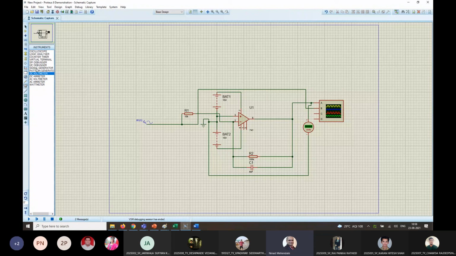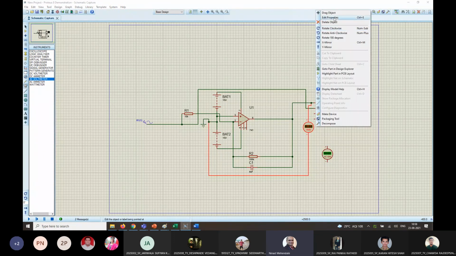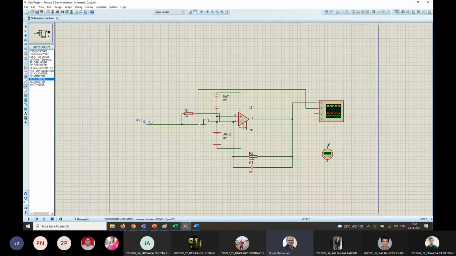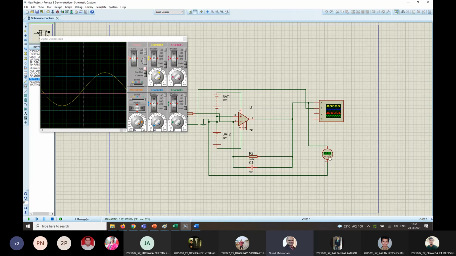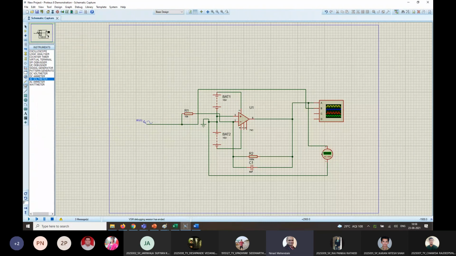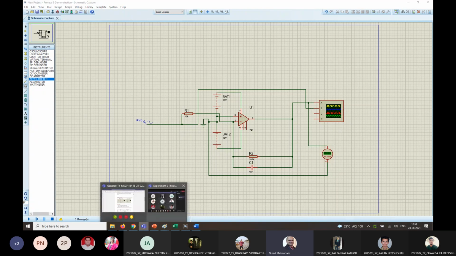And if you want to put in an AC voltmeter, you can do that also. You can just get rid of this DC voltmeter and then put in an AC one. Again, you should get some reading, though it's better to measure it on an oscilloscope. So see, it's 0.28. This is the VRMS of this particular curve, and it might fluctuate over a period. So that's how you get an AC or a DC voltage at the output using meters. So with that, we'll stop recording, and if you have any doubts, you can ask.